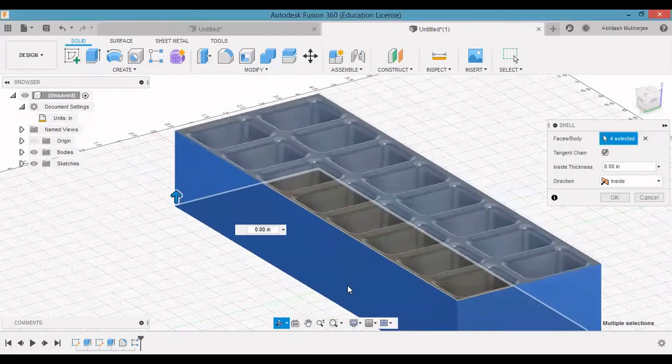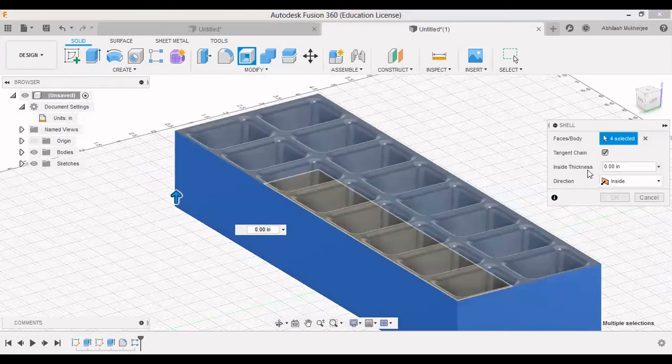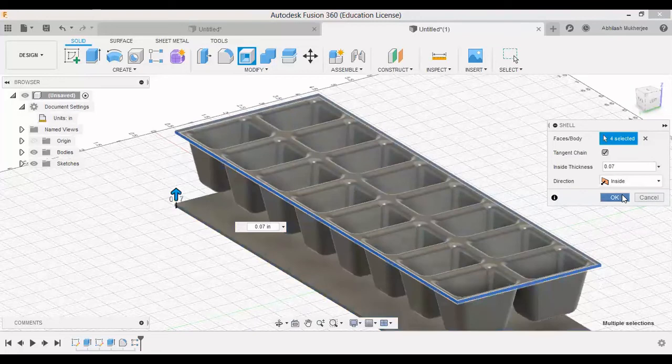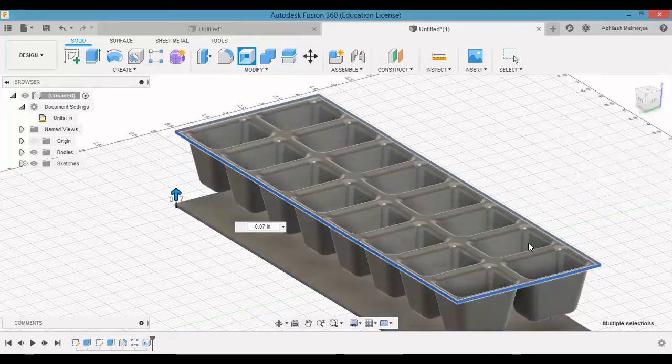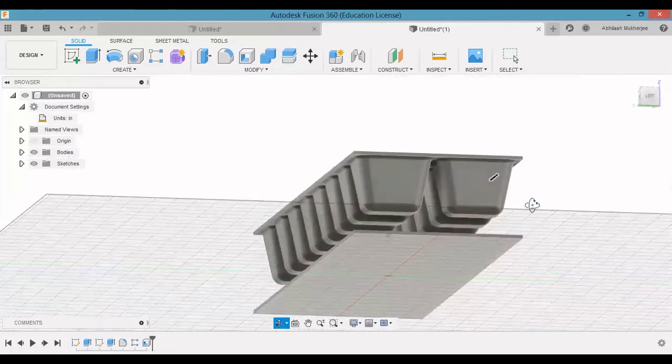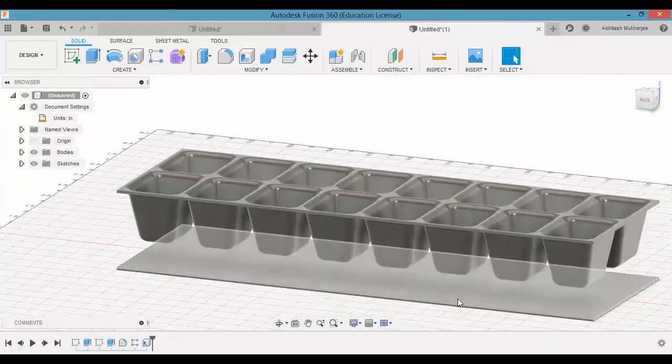Now since we have selected all the faces, it's asking for the inside thickness that we want to give in order to shell. This could be 0.07. Now this should go inside, right? Okay, everything is correct. Press OK. Now we have our basic body for everything.